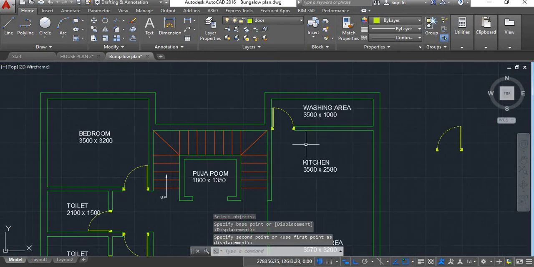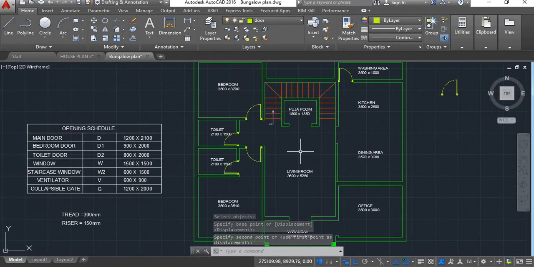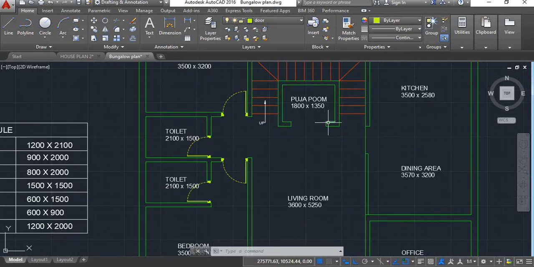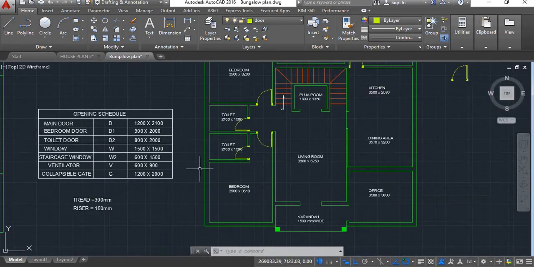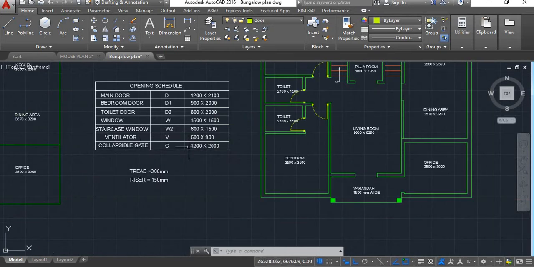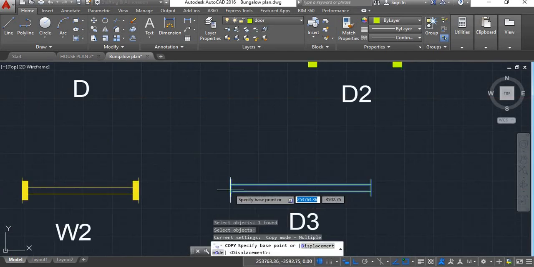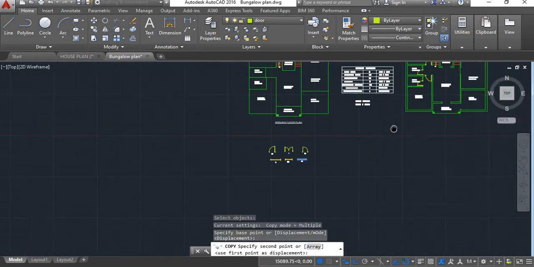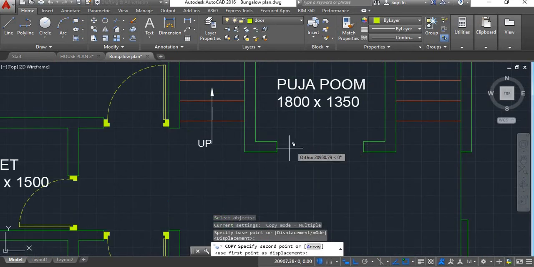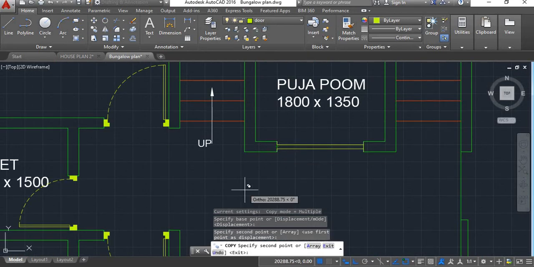Place it here. Now here we'll provide a collapsible door. Copy this. Paste it here.